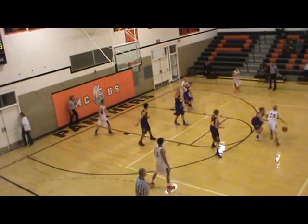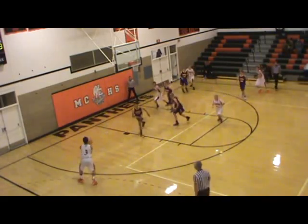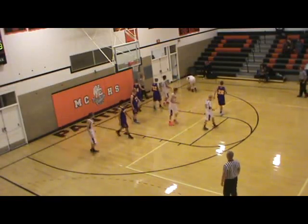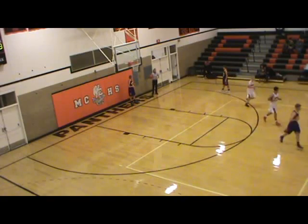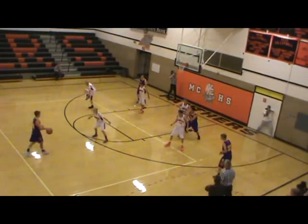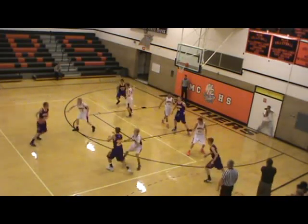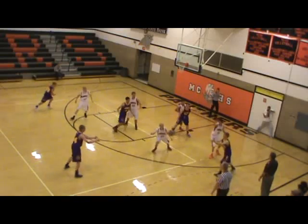This is the opening half of the Buckaroo season. The winner of this game is going to play the winner of tonight's second game at noon tomorrow. The two losers of these first two games will play each other at 10:30 in the morning. So you want to win this one and have the later game in the afternoon tomorrow, instead of having to drive in the early morning to come over here for a 10:30 a.m. tip-off. So right now it's looking okay for Monticello as they've got most of the momentum in this one and